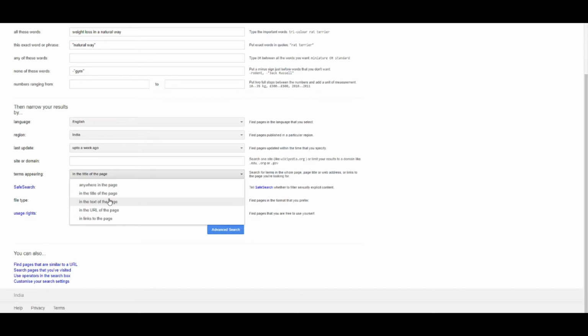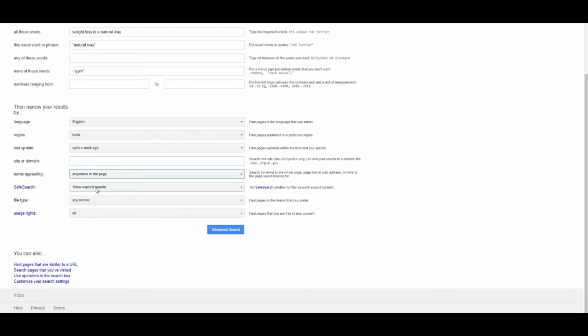And if you want to optimize your URL, you can check with the URL section. Also, if you want to find the links of the pages or links to the pages, which means mostly related to external or internal links, it will sort somewhere around that. By clicking anywhere in the page, I want a wide range of results, so I'll be choosing anywhere in the page. And the next is save search. Keep the save search setting as it is, don't try to change it.